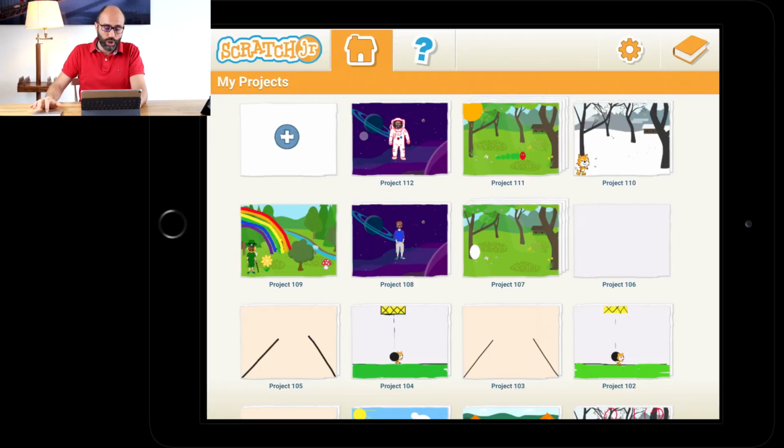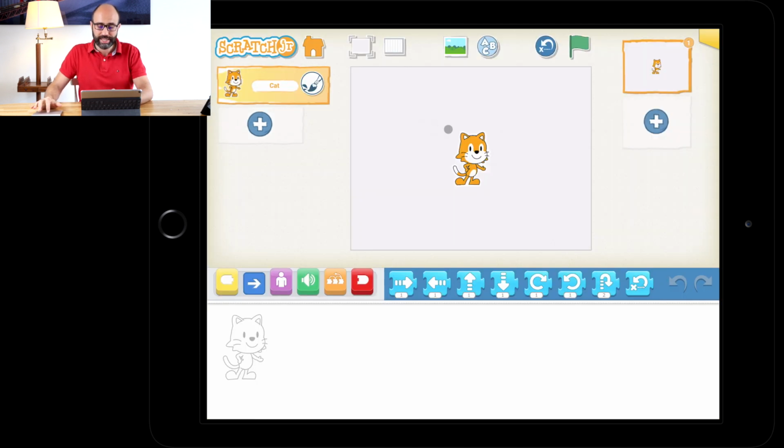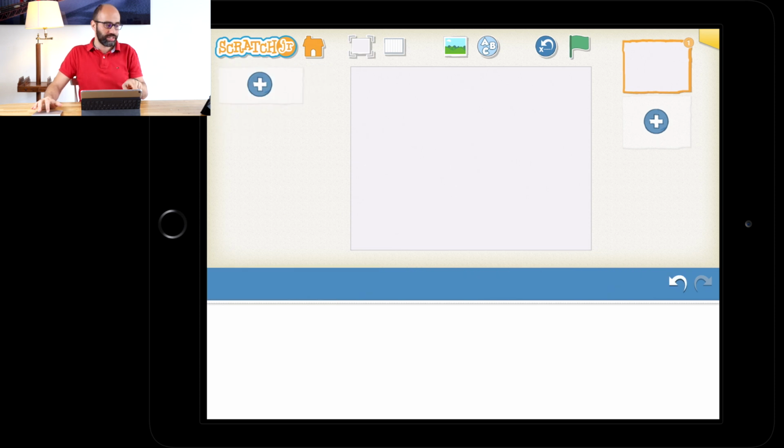So with that, grab your iPad, your tablet, or your computer, and let's boot up ScratchJr. So we're going to start by creating a new project. So press here on the plus sign to create a new project. And what we're going to do is take out ScratchJr. So long press on the cat, press that red cross, and then